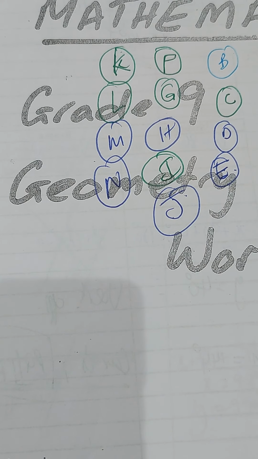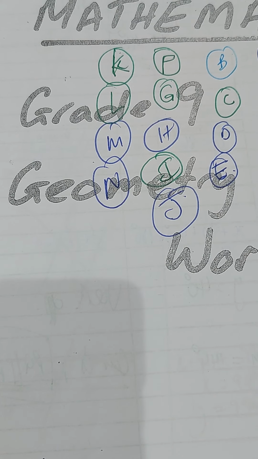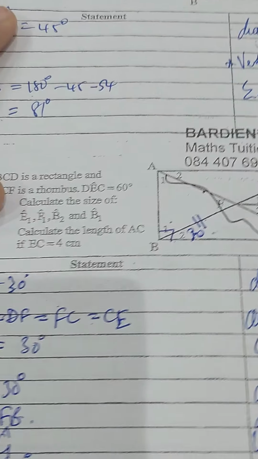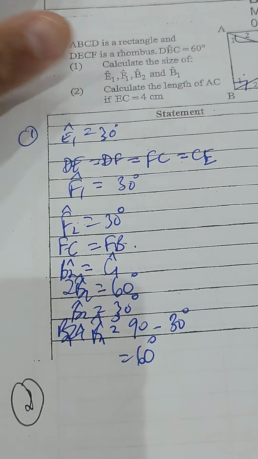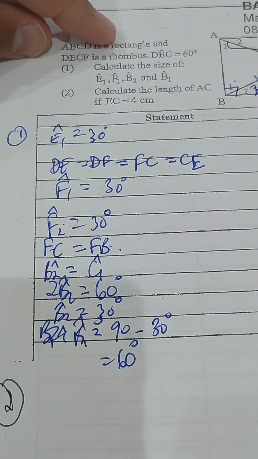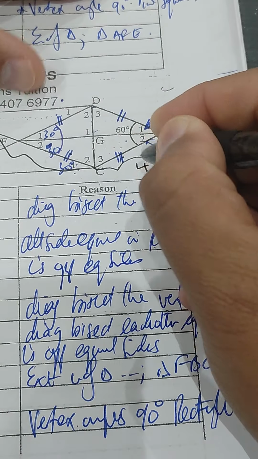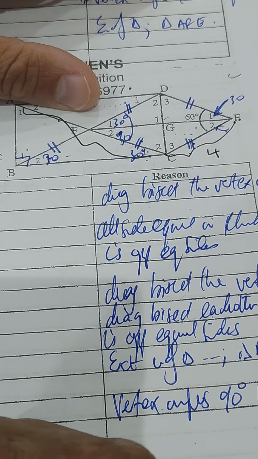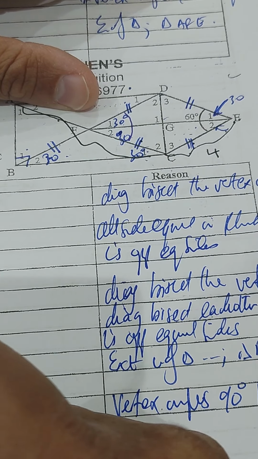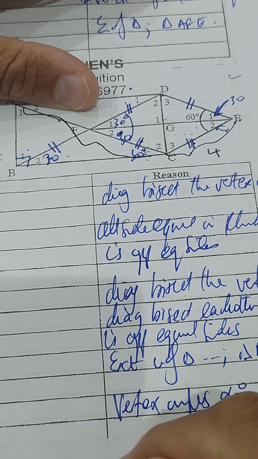Okay, so now we're looking at the 14th video of this booklet. We are on page 14, the last part of N. The question says calculate the length of AC if CE is 4. So we said if CE is 4, then FC is 4. And why is FC 4 centimeters? Because all sides equal